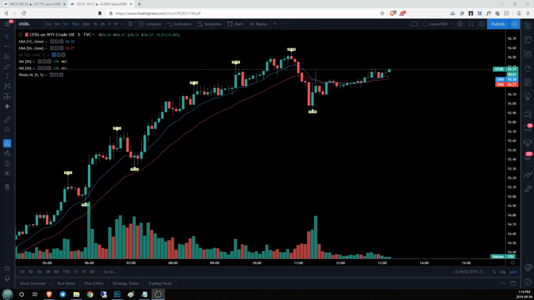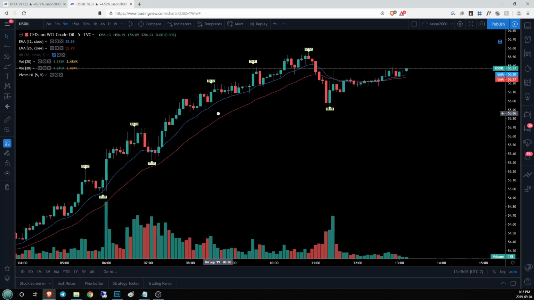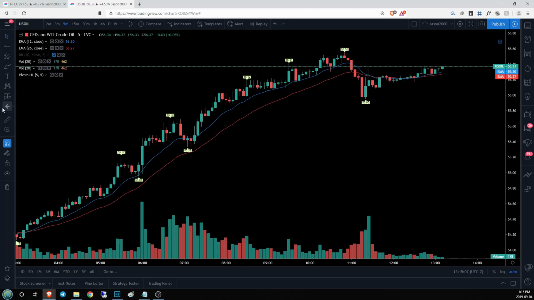So here's another trade. This one is actually pointed out by Dan himself, and it was an early signal. Essentially, the time I've got is 8:45. He said, I'm watching for a 5 minute trend change on oil for a short opportunity. So we'll go mark out where that came from. 5:45 is right about here.